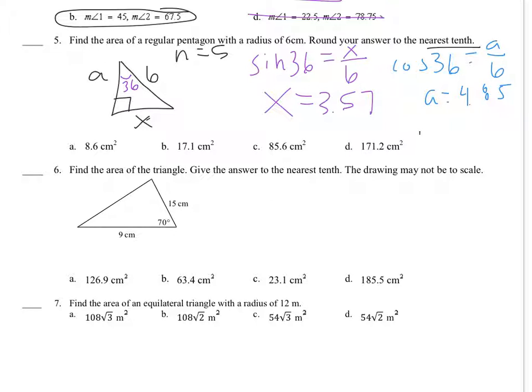Now I have to actually plug it in. 1/2 times my apothem. I'm not going to be able to put this all here. Times this is half my side length. I'm going to multiply that by 2. And then multiply that by 5 because I have 5 sides. So again, 1/2 times 4.85, my apothem, times 3.57. That's half my side length, so multiply that by 2 is my whole side length, and I have 5 sides. And I got 86.5725. So again, there's not an 86 on here, but depending on how you round,